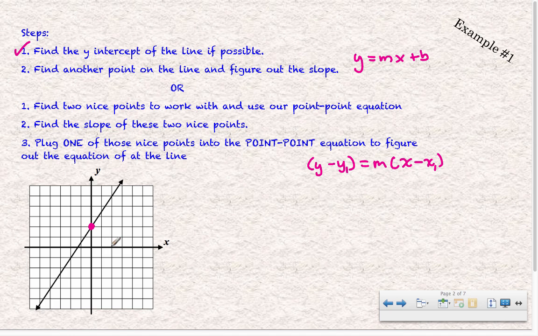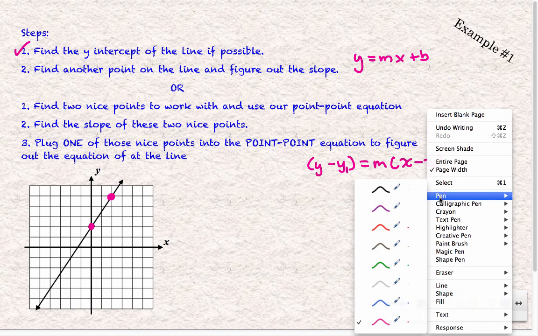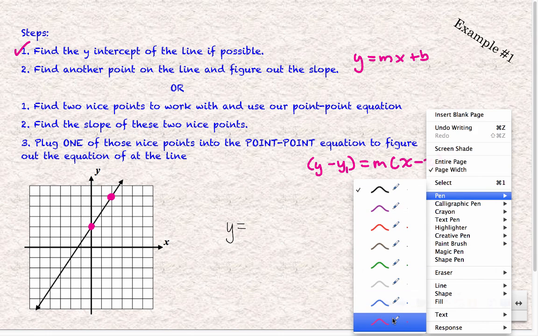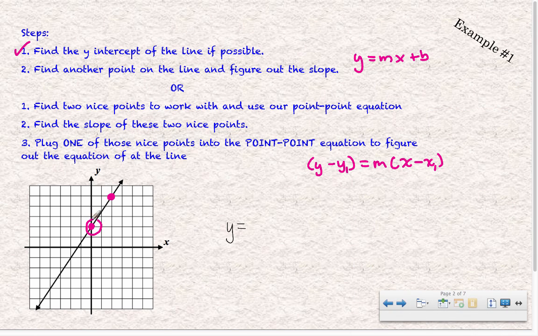So can I find another point on this line? That's not a pretty point. That's not a pretty point. Oh, that's a pretty point. All right, so I definitely can use my y equals mx plus b. When I start to write, all I have to do is fill in the blanks. Y equals my y-intercept, I figured out to be 2, positive